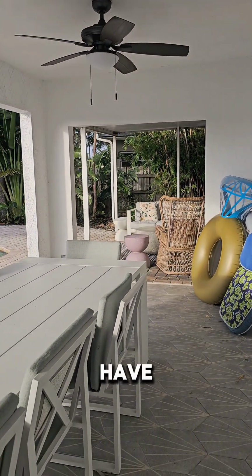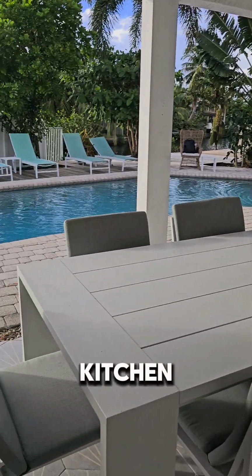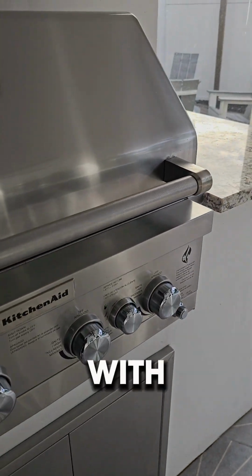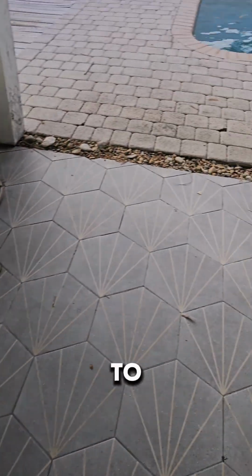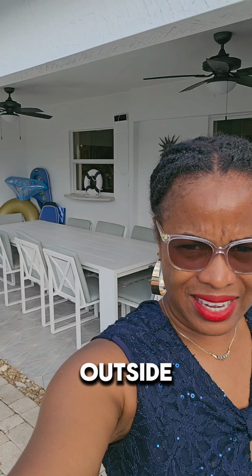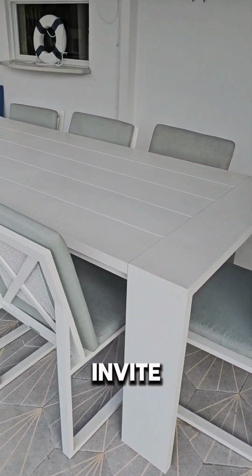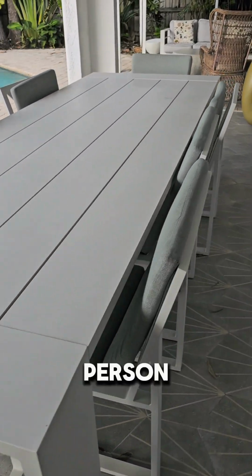Not only do you have enough space to sleep, enough space to entertain inside, a big enough kitchen for several family members, but you do have your custom grill area with thermometer, gas, ready to go. So when it comes to seating, this outside area has no limitations. Dive on areas to entertain, to imbibe, and to feed a famished family or solo person